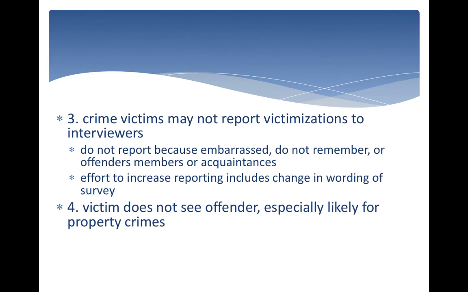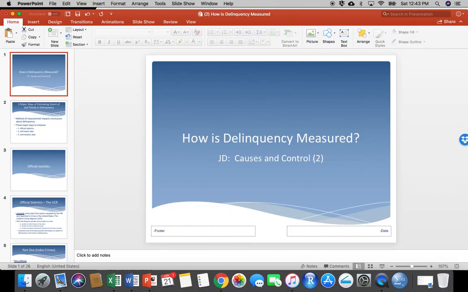So some problems here. Crime victims may not report victimizations. It could be because they're embarrassed. They might not remember. If they've been victimized by someone they love, they might not want to report that. And sometimes for property crimes, we can't answer any questions about the offender, because we don't see the offender. And that wraps up how we measure